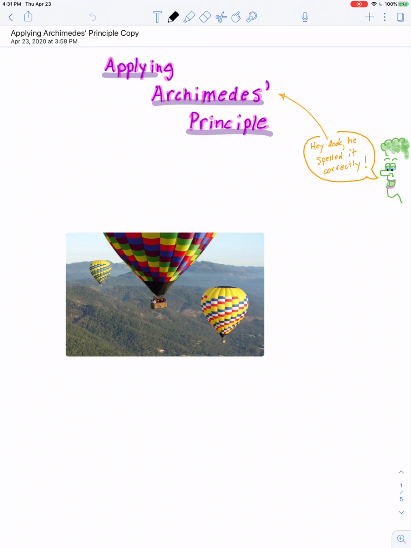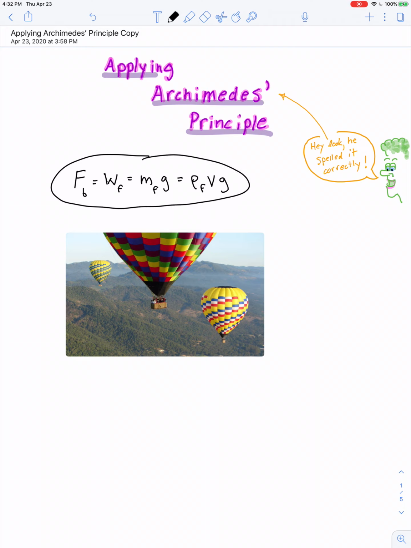Hey, I think you know how to express Archimedes' principle mathematically. We say the buoyant force is equal to the weight of fluid displaced, but the weight of a fluid is the mass of the fluid multiplied by gravity, but then again the mass of a fluid is the density of the fluid times the volume of the fluid, and then we still have to throw in the expression g. So there we go. We can express the idea that an object that's either partially or completely submerged has a buoyant force that's equal to the density of the fluid that's being displaced times the volume of fluid displaced times